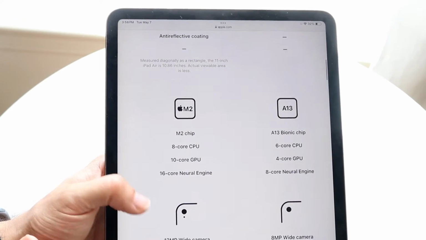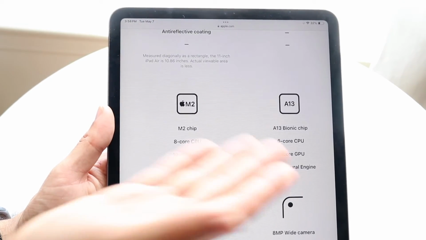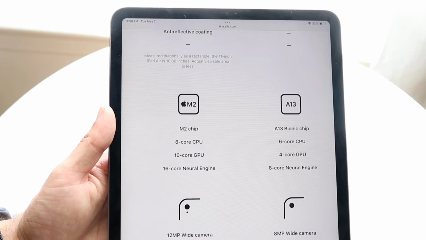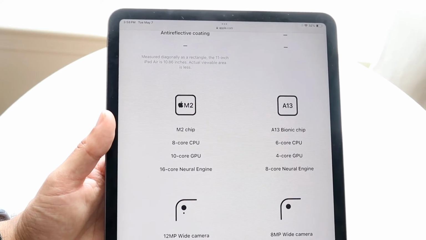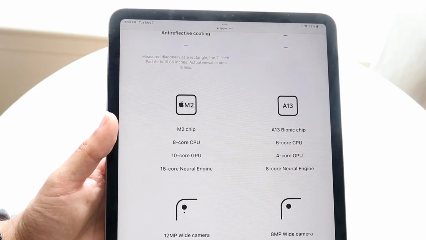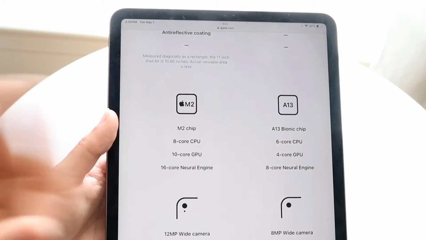When it comes down to the chipsets, very different chipsets as well. Apple A13 Bionic chip on the iPad 9, M2 chip inside of the iPad Air M2 model. So that again in and of itself is another very, very big difference here. If you're trying to get the better display panel and chipset, it's definitely going to be on the iPad